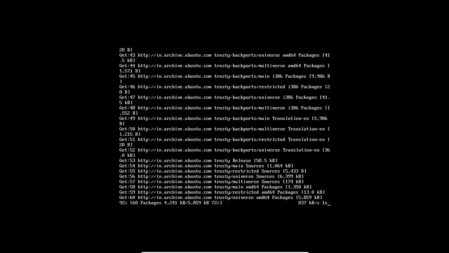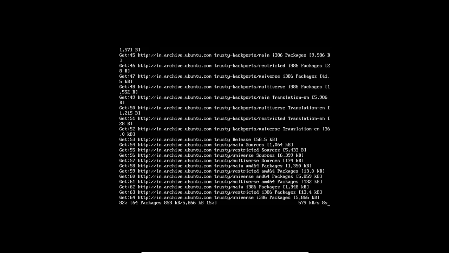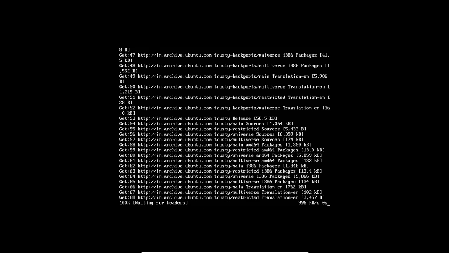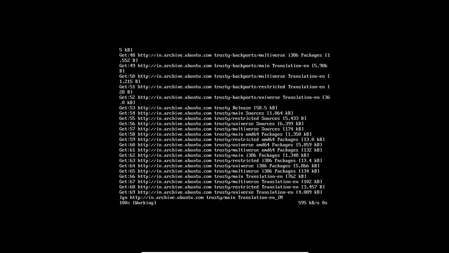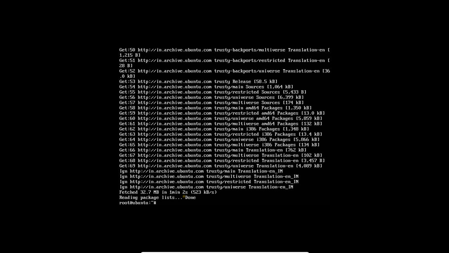Make sure that this command is the basic command. It has to be done before you proceed, otherwise the packages will not be installed. 64 packages are there. Going fine. Let's wait for some more time. Now you can see that about 32.7 MB is fetched in 1 minute and 2 seconds, which means our Ubuntu is now the latest and ready to fetch any package from the internet. Let me clear, and now let me install the first package for you, that is apt-get install